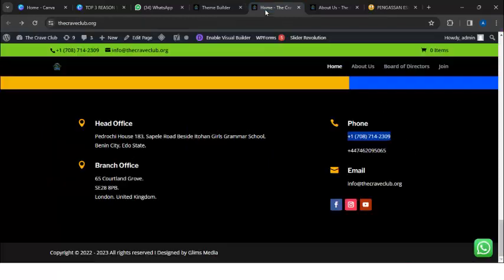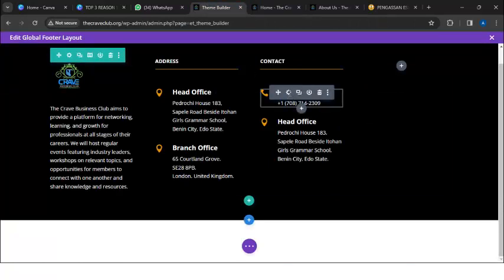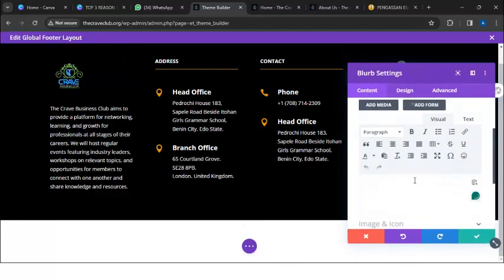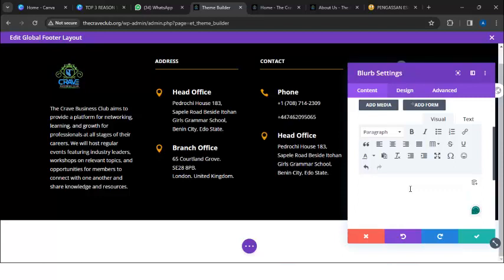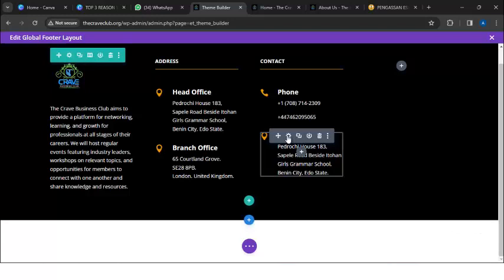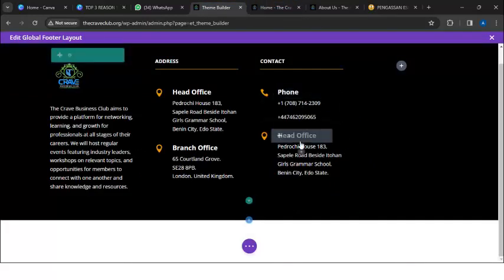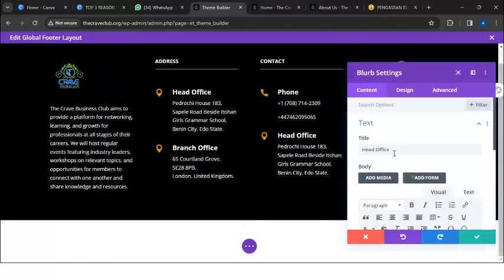Awesome. Then another one here. There's another one here. So I'll Ctrl C it. Come here again and then click on this particular one. Ctrl A so I can see it. Enter. Ctrl V. Can you see it now? So then I'll go to this header here and I'll change the information here to email. Ctrl C. So I'll change the head office from the title there. Ctrl A, Ctrl V,